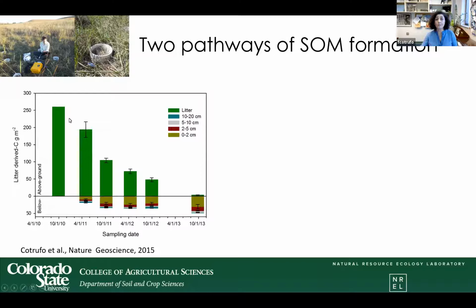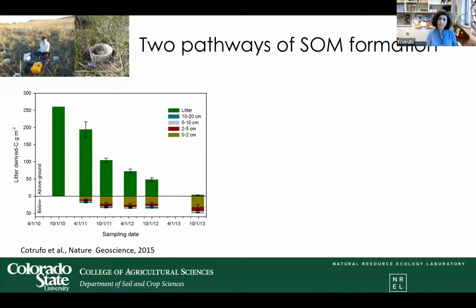But what that shows is that when you don't have a litter bag that confines the litter, all the litter goes down to basically zero mass. But in the process, it forms some carbon, but not with the same dynamic of the mass loss. We have some early formation and some later formation, and not much in between. And when we looked at this data together with the microbial biomarker and the physical fractions, we came to propose